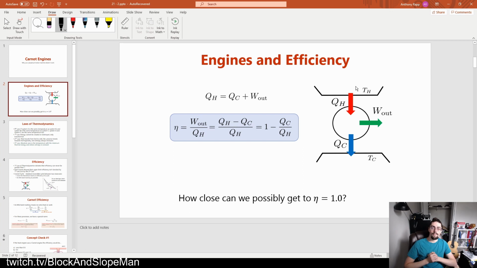Right? And I kind of keep bringing this up, that one spot's hot and one spot's cold, and we just kind of live with it like that. But it's been there for a reason, right? Th and Tc tell us about the maximum possible efficiency of this heat engine. It's talking about where is that input energy actually coming from? How hot is that? And where is that output energy going? How cold is that? And the larger that difference is between those two temperatures, the higher efficiency an engine is